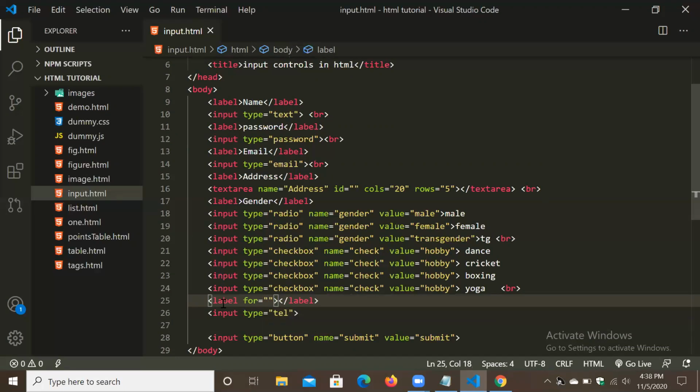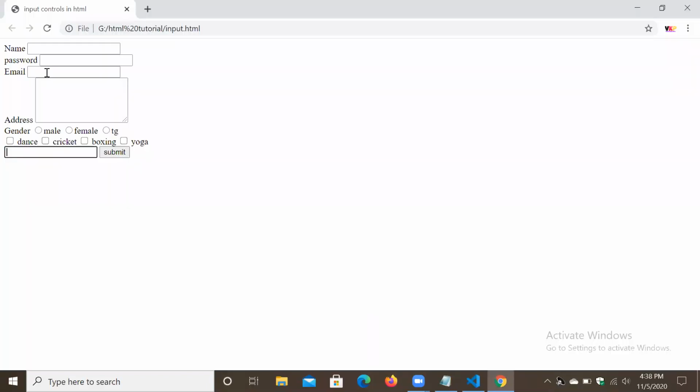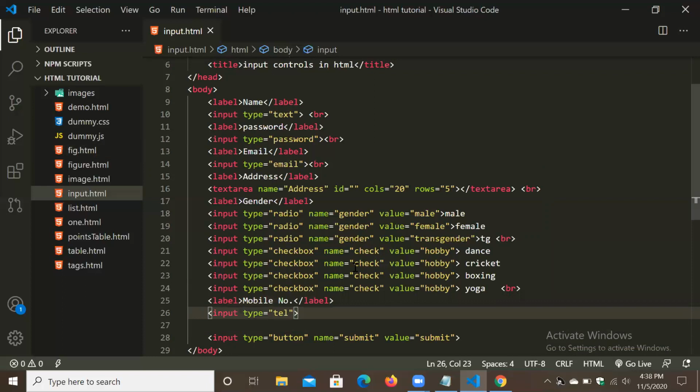Okay, so we added one label. We will give the name, I think, mobile number. Okay, mobile number, input type telephone, control S, refresh. Yeah, so we can add like this mobile number.